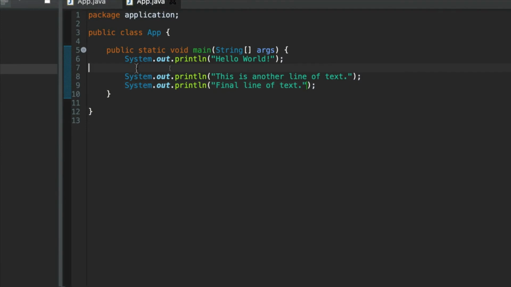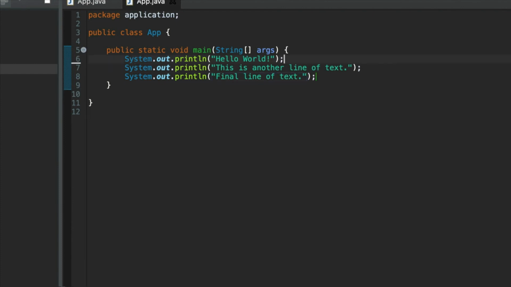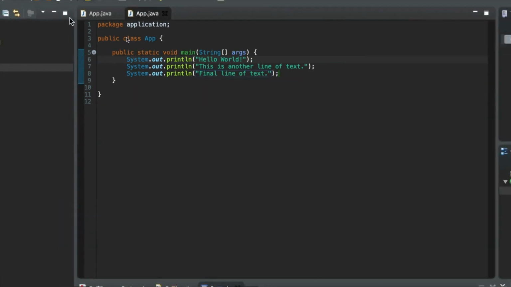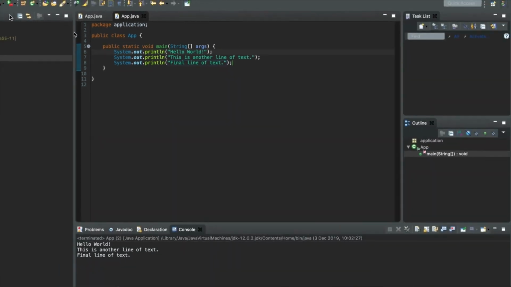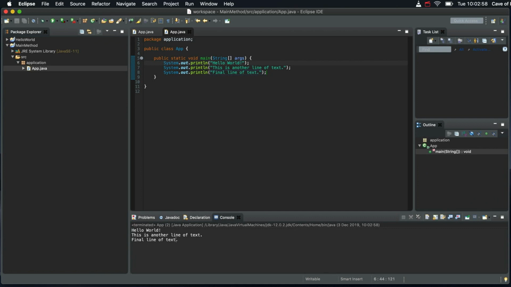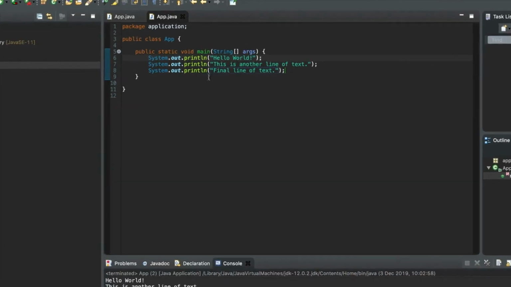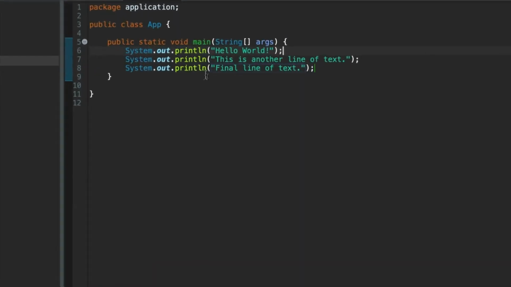Notice I've left a blank line there. I don't have to. We'll talk about that more in the next video, but space within a Java program is not important. We could also write it like this, and that would work just as well. Let's run this. So the important sort of takeaway message for this video is when your Java program runs,